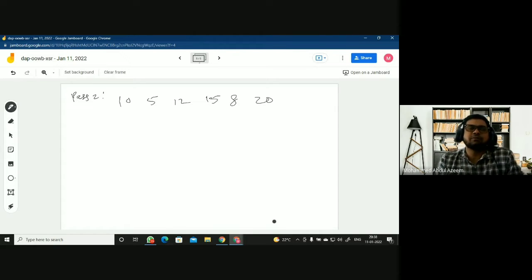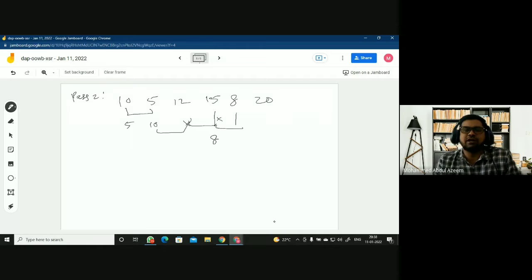What is the process? Compare adjacent elements. If a previous element is found to be greater than the next, you have to make an exchange. Here the previous is greater, so here you get 5, here you get 10, and then you continue. Now here it doesn't work out because the previous is not greater, so there is no exchange. But when you compare here, yes, you make an exchange because the previous is greater.